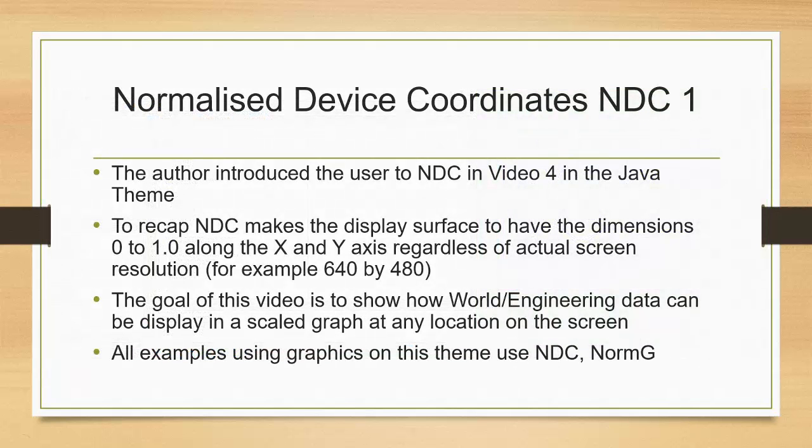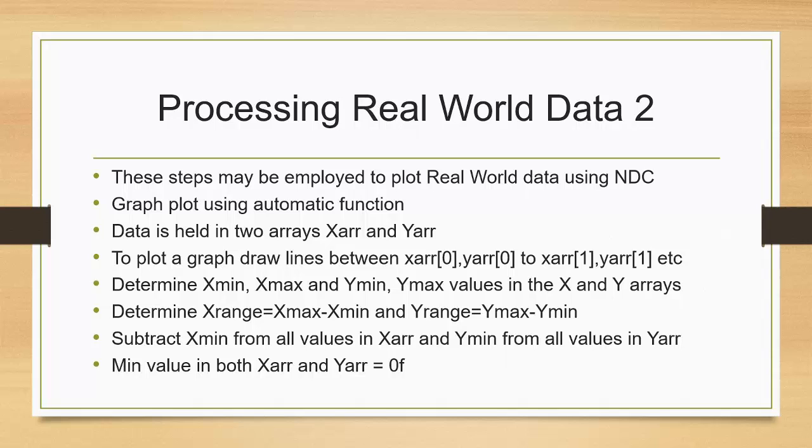I introduced the concept of NDC in video 4. What NDC does is make the display surface appear to be 0 to 1 to the user, regardless of the actual screen resolution. The problem we have is, how do you present engineering or real-world data on a graph surface? In this particular example, graph plotting is an automatic function, and data is held in two arrays, x and y, and you plot lines between points on the surface defined by the x and y